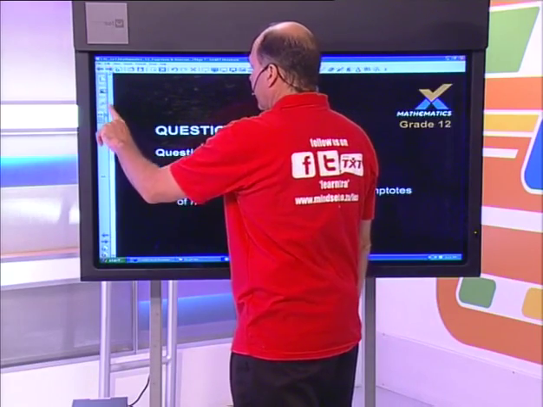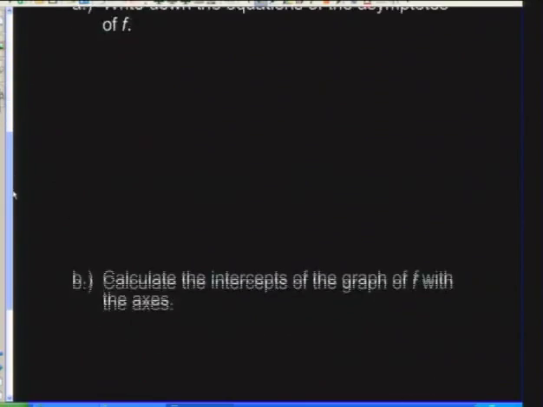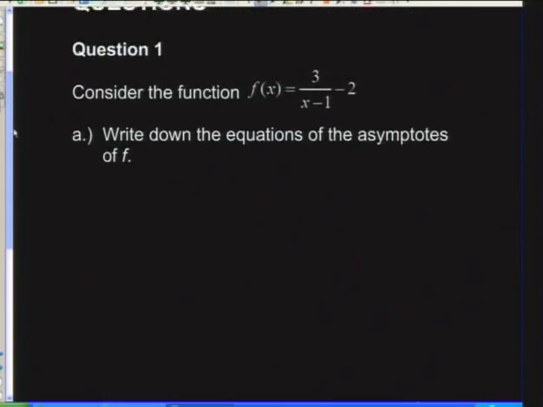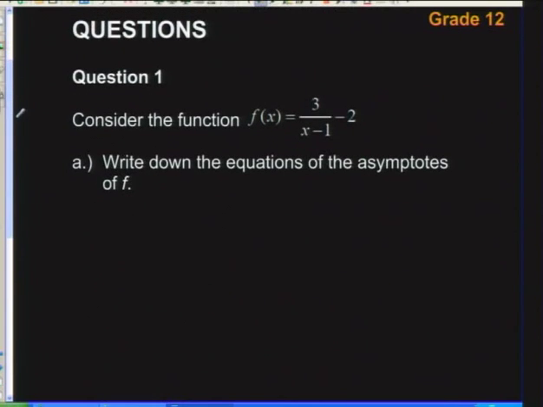And here we go. Oh dear. What does it say? It says, consider the function, it tells us that it's a function, and f of x is equal to 3 divided by x minus 1, minus 2. Okay. The first thing that you need to know when you get this equation of a hyperbola in this form,